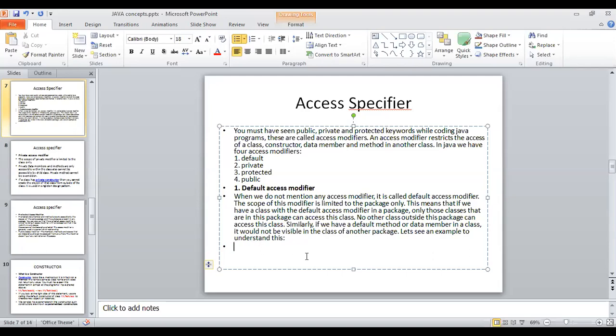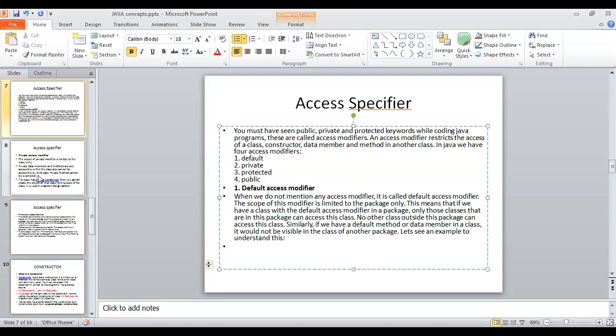Package level access specifier means we have multiple classes in a single package. In the last session, I demonstrated how you can create a package and how you can create classes in a package. So you can categorize and put different classes in different packages. If you have multiple classes in the same package, the variables and methods of one class will be available for use by another class in the same package. But if a class from a different package tries to access this variable and method, the default access will restrict it.